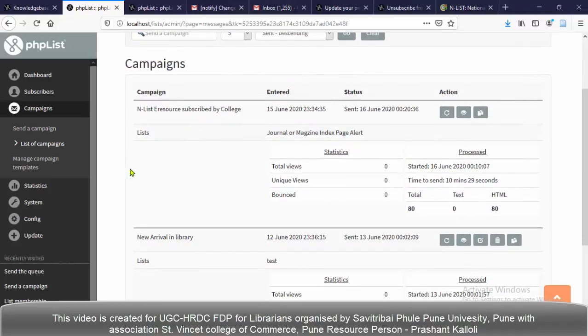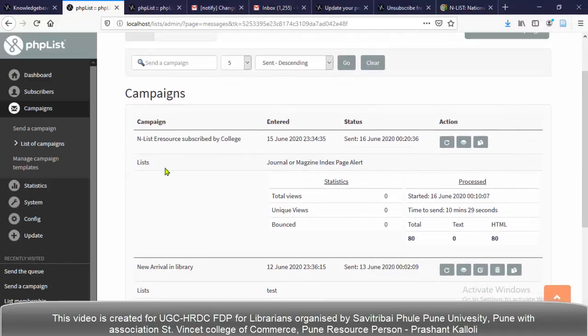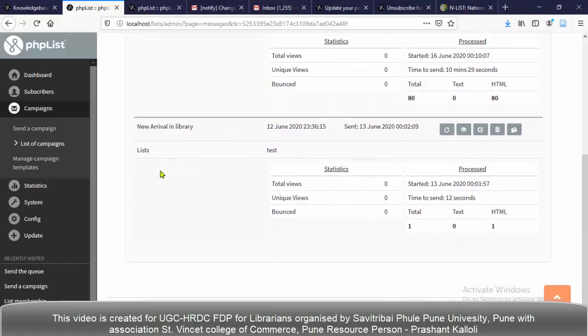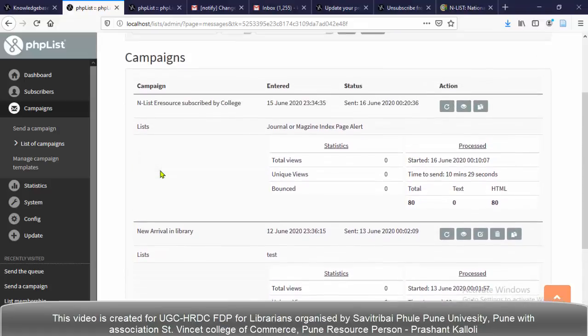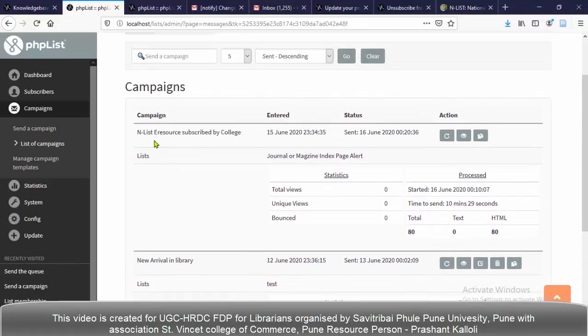Here it says that I made the endless. Look here, endless e-resources subscribed by college. This campaign is what we ran and sent the emails to the users.